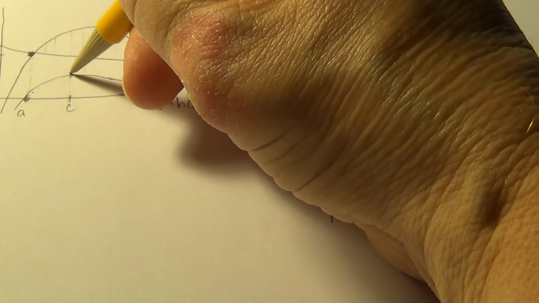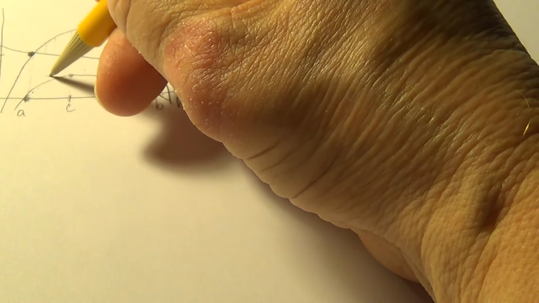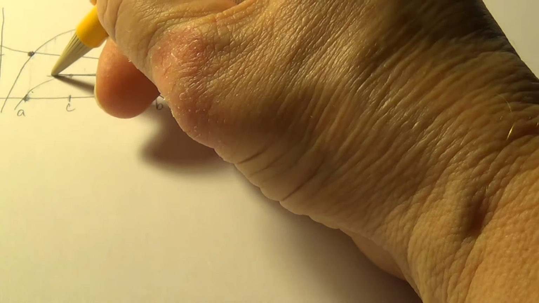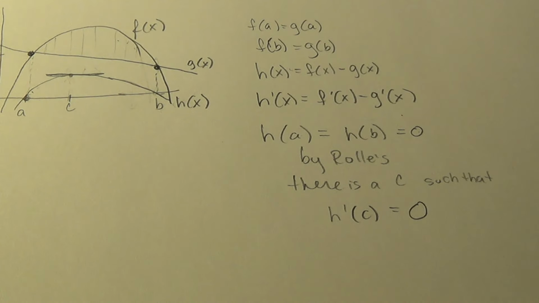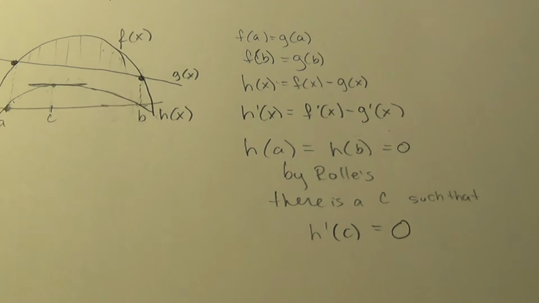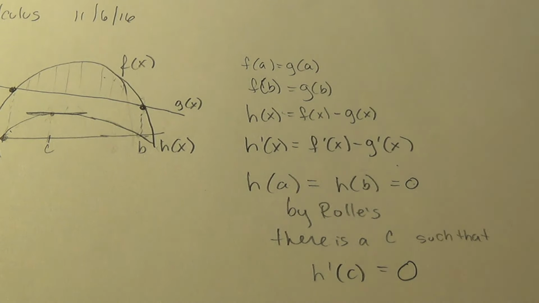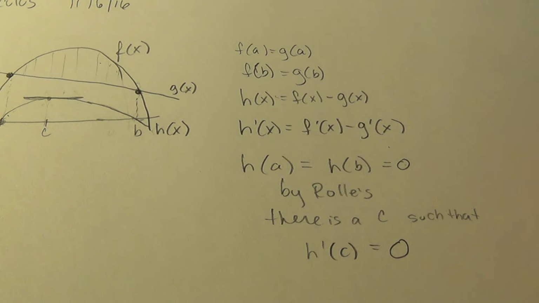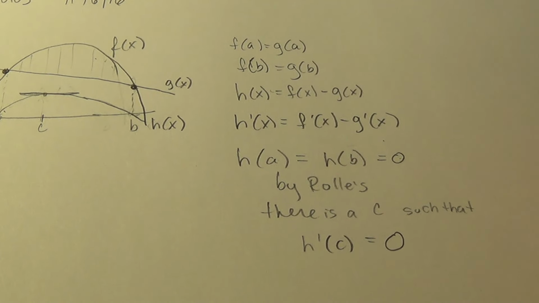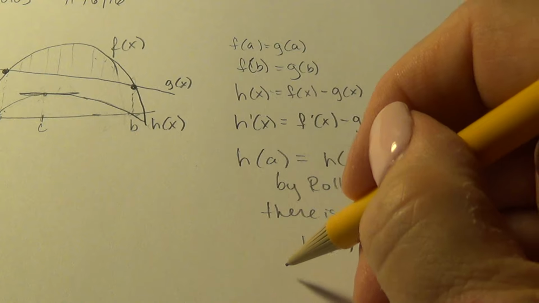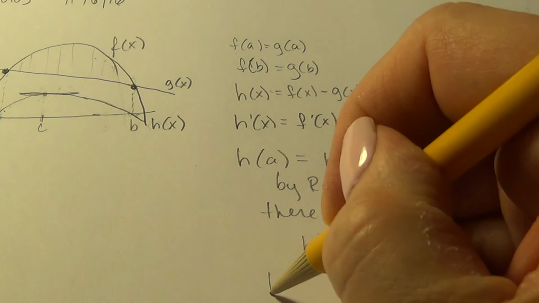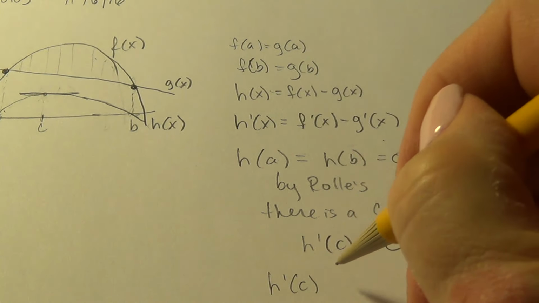And if we go up here, we found the spot right there where the derivative is 0, the tangent being a horizontal line. All right, so now we're going to do some substitution and putting some statements inside of others until I have something more useful. So now I know I've got h prime at C equals 0,